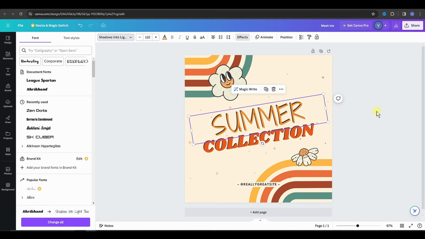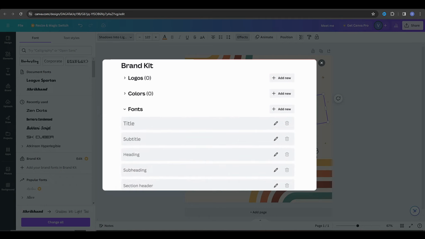But let's suppose if you want to upload a particular font, what you need to do is just go to the brand kit option, and here you will find add your brand fonts. In the brand kit option, here you need to click, and once you click here you will be able to see this kind of window. Here we are going to click on add new font,